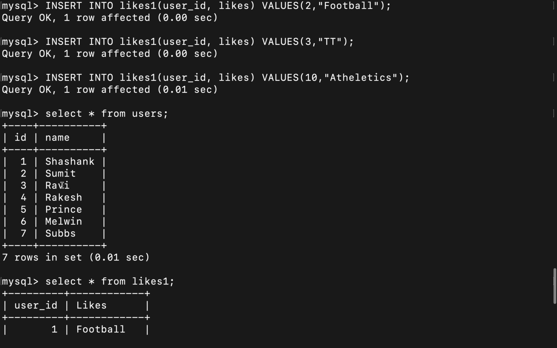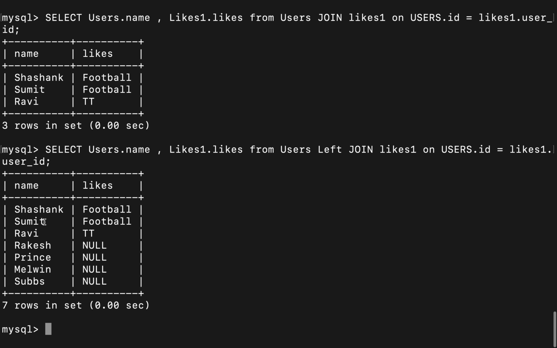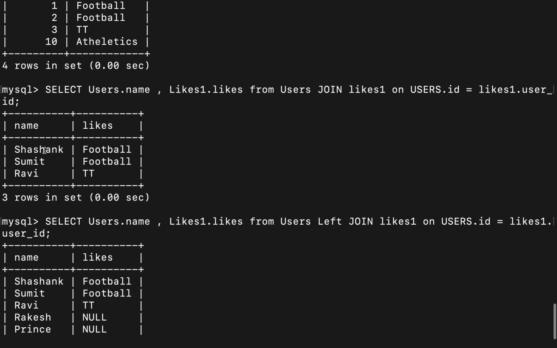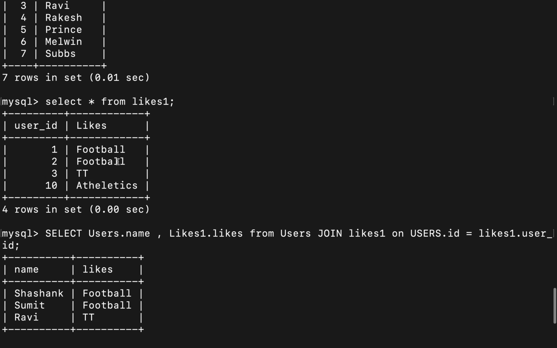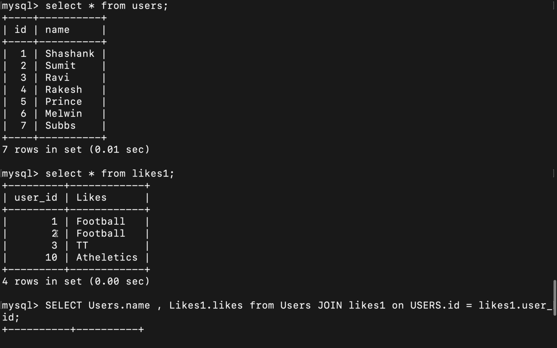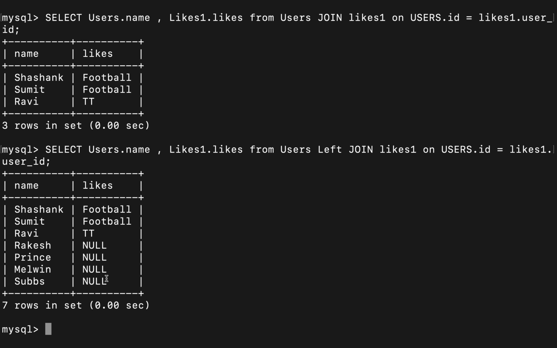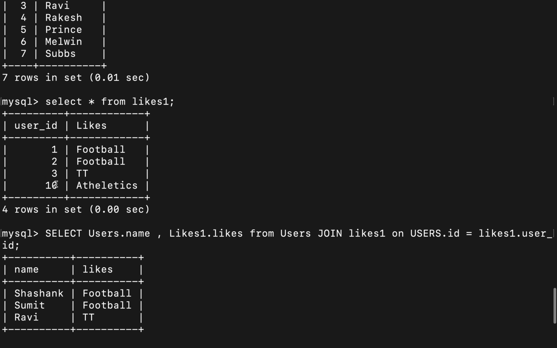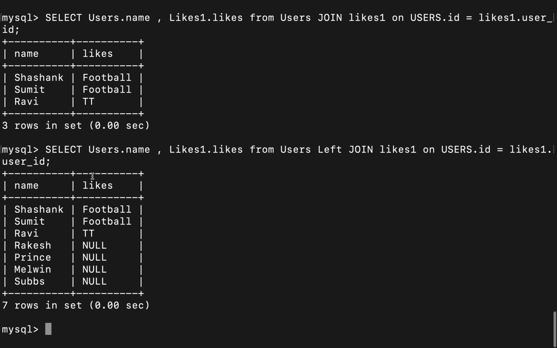All names are printed here, right? And it will include the common thing. So only likes are there for Shashank, Sumit and Ravi, sorry, only likes are there for 1, 2, 3 and 10. So 10 is not there here, so athletics won't be displayed in this table. Only three things, 1, 2, 3, football, TT is there. So football, TT has printed, right? However, it will include the left side ka everything.